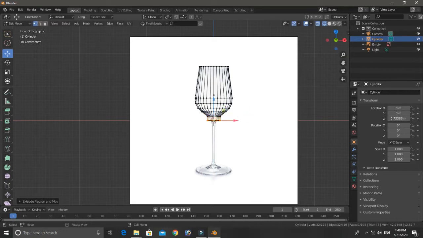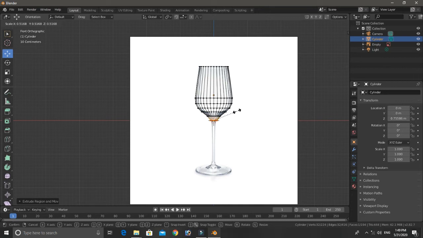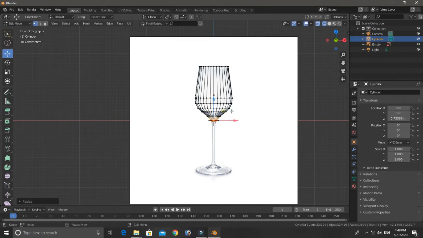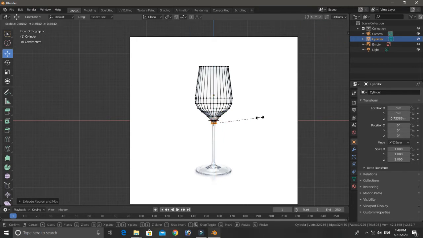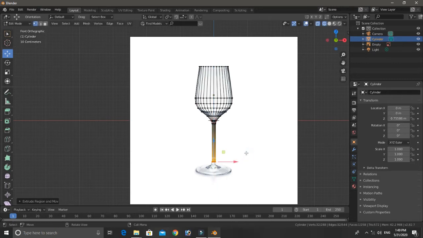S to rescale. Now grab the selected vertex. E to extrude and S to rescale.